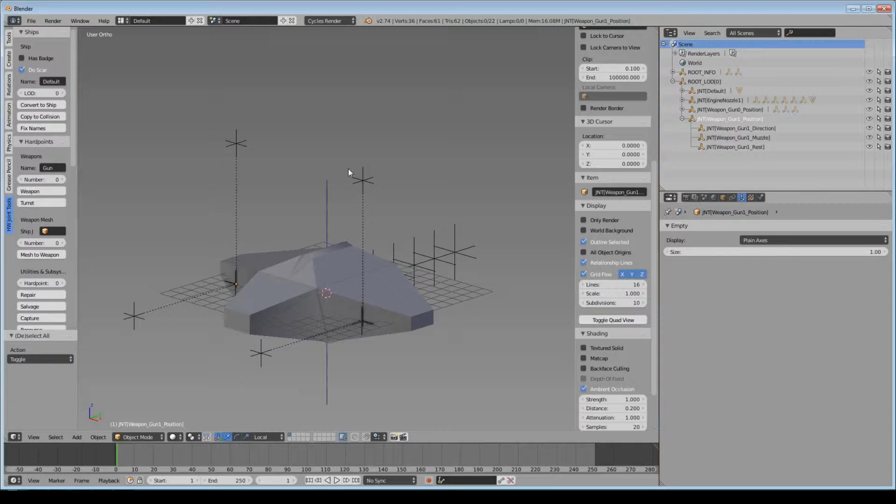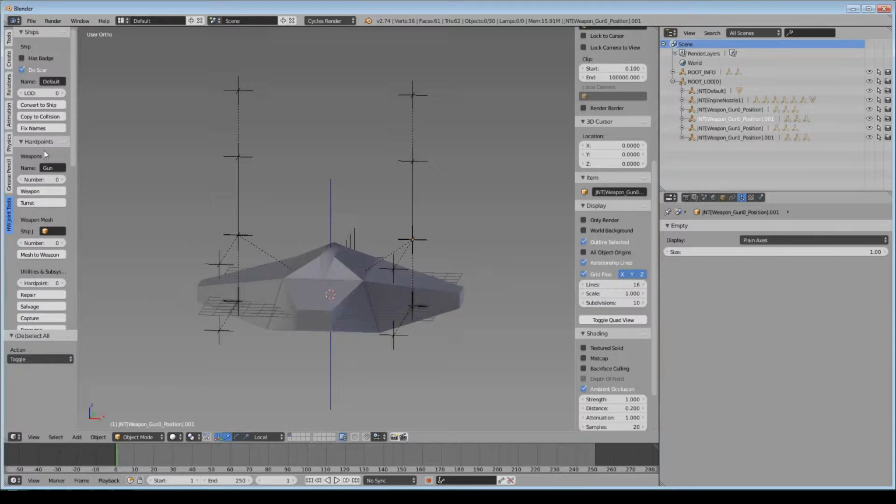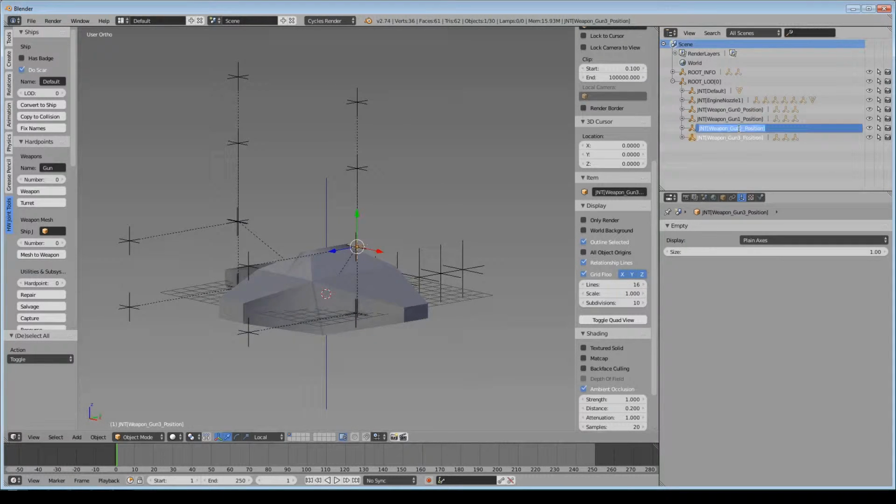It goes through the entire list of objects to fix the name, so you don't have to do it every time you duplicate an object. So, like, I could grab both of these, shift duplicate, move them up on Z, and then hit fix names, and now we've got gun 0, gun 1, gun 2, gun 3, and that's all fixed. Or if I wanted to, I could name this one upper gun 1,